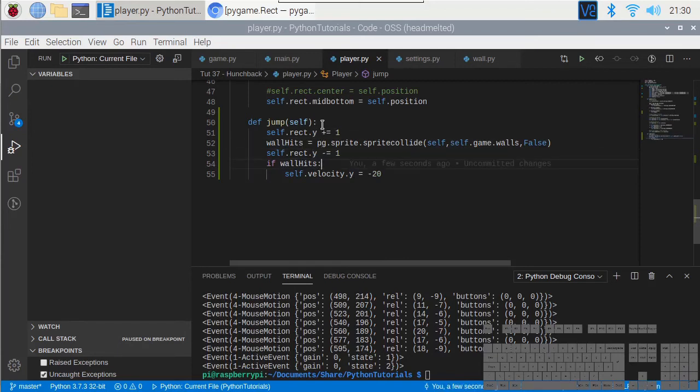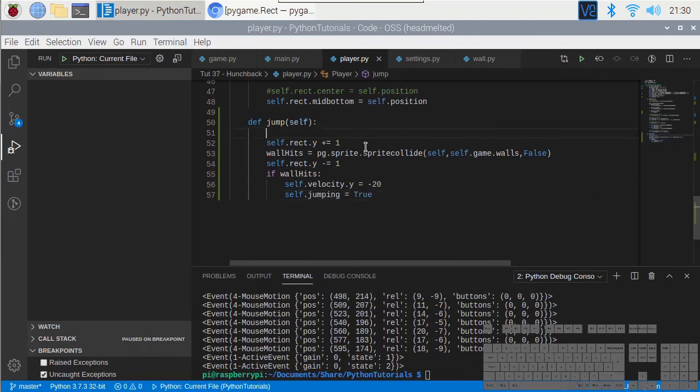We test to see if we're jumping, yeah? And then we do the Y. So here we need to say self.jumping equals true. And so if self.jumping is true,